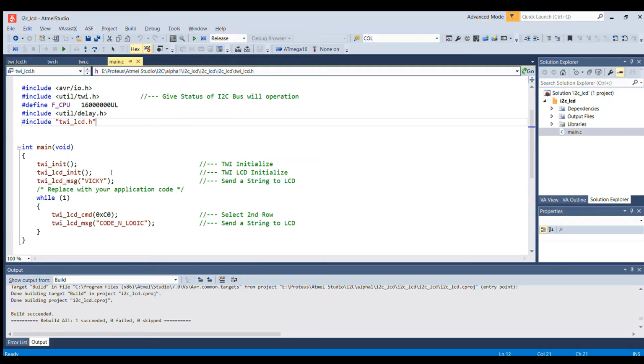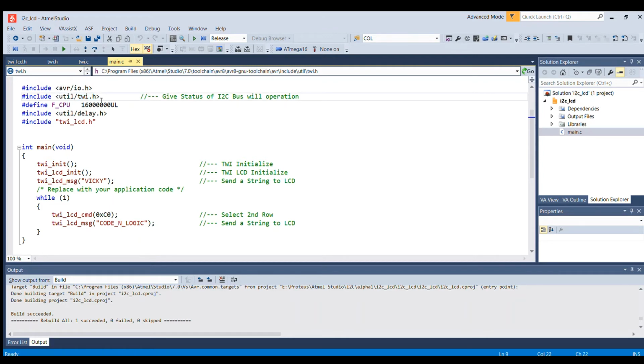Here I have created the code for this I2C LCD. First we will include all the headers we will be using in our project. First avr/io, a basic header. Next, the TWI header, which is from the ATmega itself.